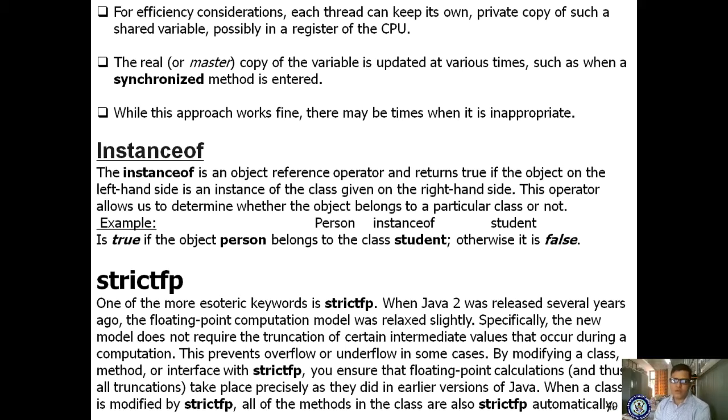When a class is modified by strictfp, all the methods in the class are also strictfp automatically, and it sticks to a certain precision.